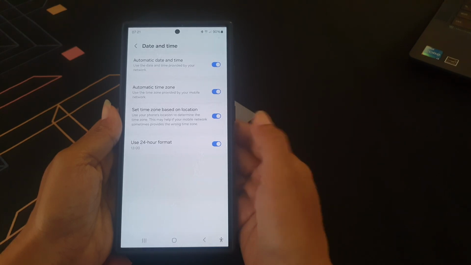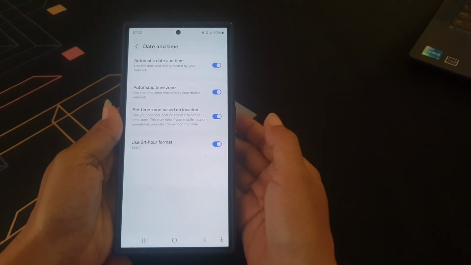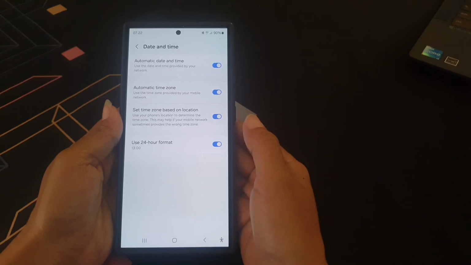You can choose this format to avoid ambiguity because this format can clearly distinguish between morning and evening hours without